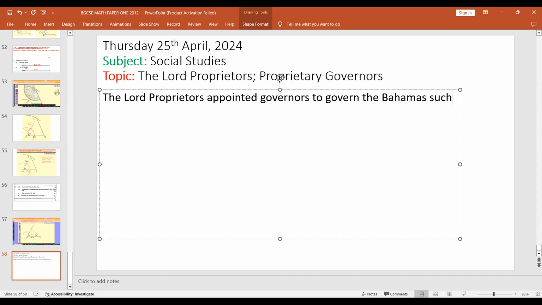such as, does anyone know any of the governors of the Lord Proprietors? Lord Berkeley. No, I'm sorry, not the Lord Proprietors, any of the governors. Oh, the governors. Monk? Lord Ashby? That's the Lord, not the governors. I'm talking about the governors. Anyone ever heard of Nicholas Trott? He was a governor that they used. I don't know if he was the best governor. No, he was corrupt.